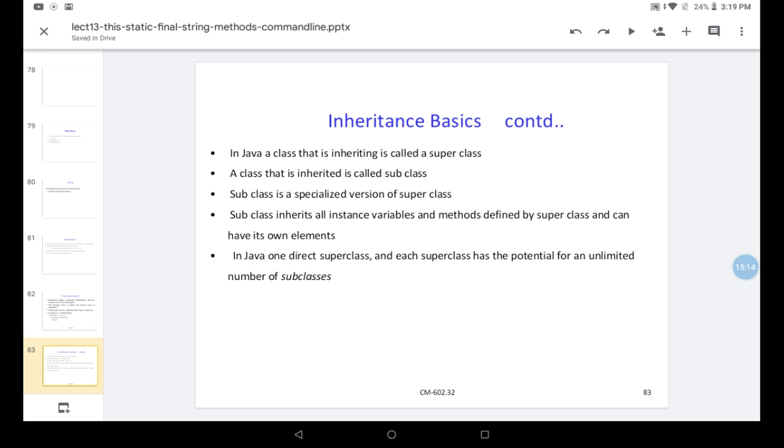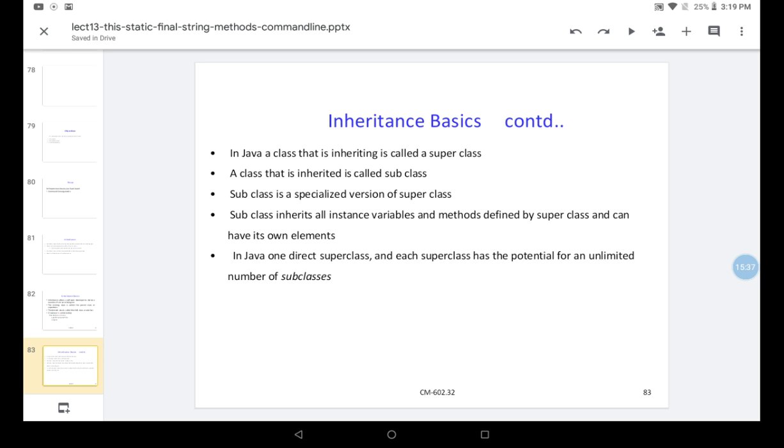So in Java, the class that is inherited from is called the superclass, and the class that inherits is called the subclass. The subclass is a specialized version of the superclass. In the superclass, all common methods are shared, but the subclass is the specialized version.